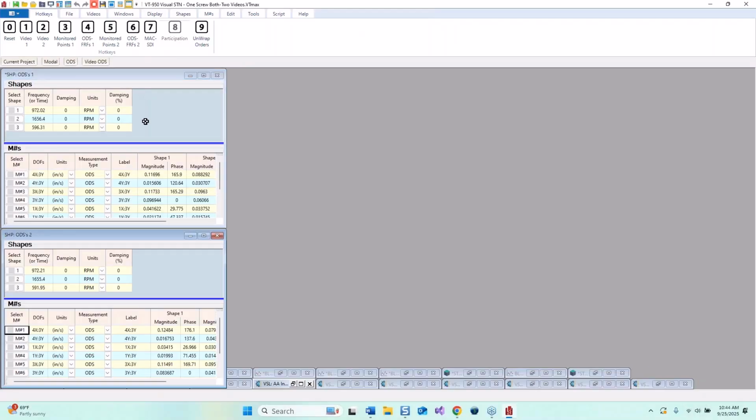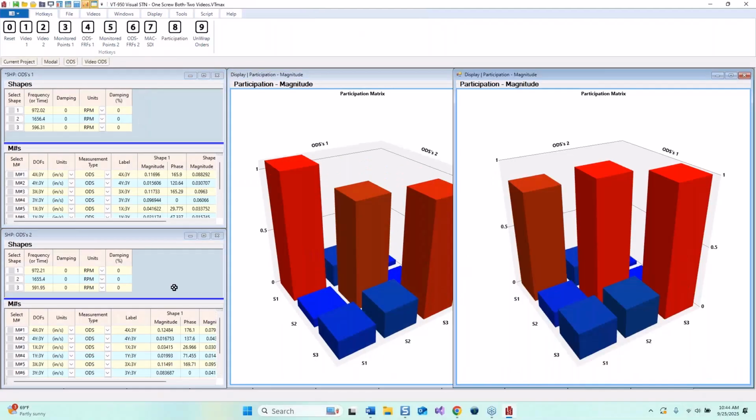Participation is another way to correlate. Now, this is what is called a least squares fit of one set of shapes to the other set. And it's just very common mathematics between two sets of shapes. And they can be ODSs, they can be mode shapes, it can be any shape data with numbers in it. Magnitude and phase, or just magnitudes. I can compare frequencies if I store them in a shape. But this is showing that,